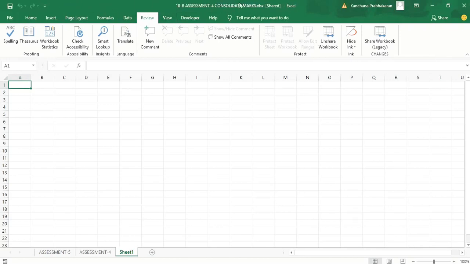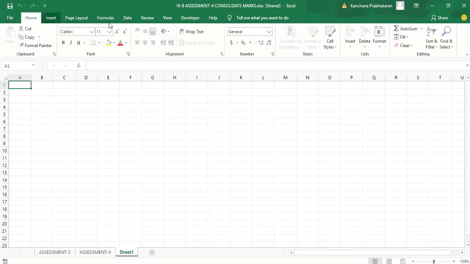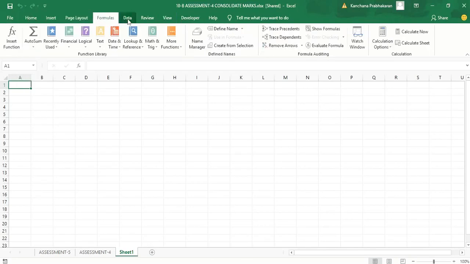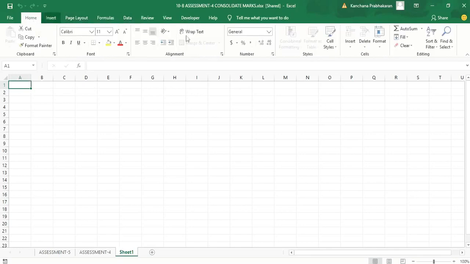The topmost bar in MS Excel is called what? The title bar. This is called the menu bar in MS Excel. Under this menu bar, you will have a lot of tools. When I click on the different tabs in the menu bar, you will get different tools here. So this is called what? The ribbon. The lengthy rectangular bar is called the ribbon, which shows all the tools to be worked on in the Excel sheets. There are many different tools available, and a shortcut tool can be created for applying to the data present in the cells.